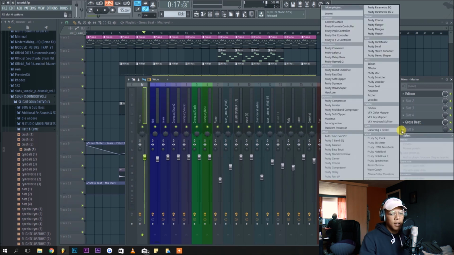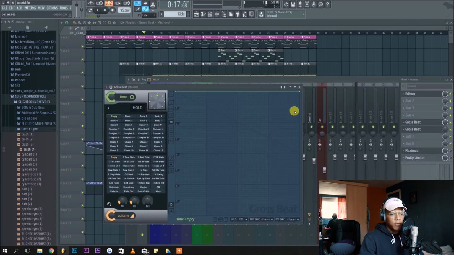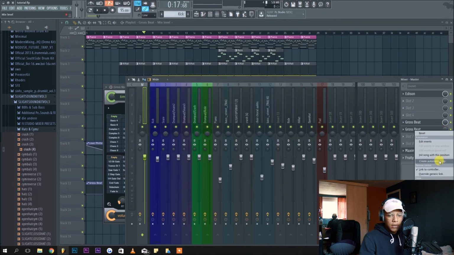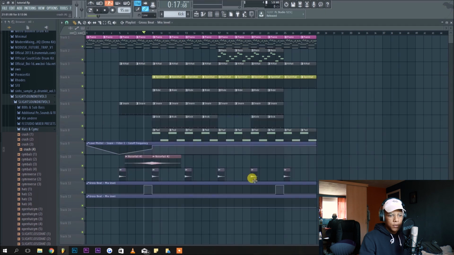And then another Gross Beat to create a kind of reverse effect that you will hear in a lot of my beats. So for this one we're going to need the time line, and then create a new point right here and make this point a single curve, so it's nice and smooth, and it will just reverse the track. So this is also turned down. Create a new automation clip, and I'm going to select